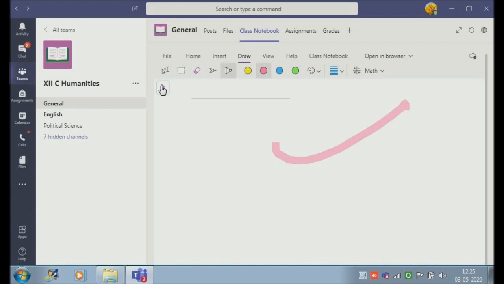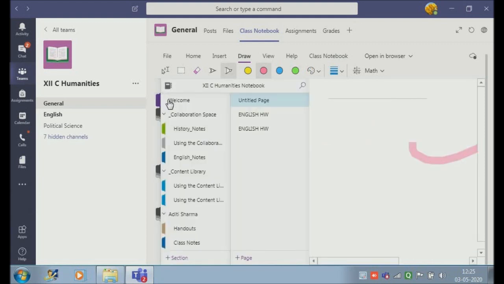Otherwise, we need to insert sections for all the subjects by clicking on sections, so that when a child opens their notebook can see each subject section. Even if we don't make various sections, and if we tell our students to just mention the subject on the top of the assignment along with the date, then that can also work out, and then teachers can check that.